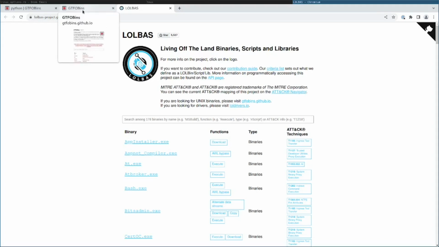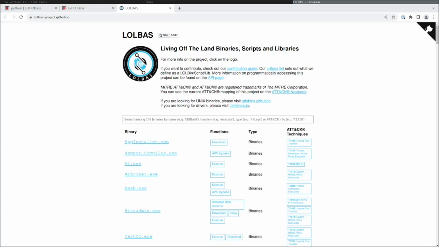So with all that, there's all these neat things and ways to execute code, so on and so forth. But that leaves us wondering, as professional red teamers and penetration testers, how do we integrate these into our workflow in a way that makes sense, right? LOL drivers was the other one I was looking for. Cool. But how do you integrate these into your workflow without causing a bunch of things to break or writing all these weird one-off tools? Well, luckily, Metasploit actually just came out with a pretty cool thing of